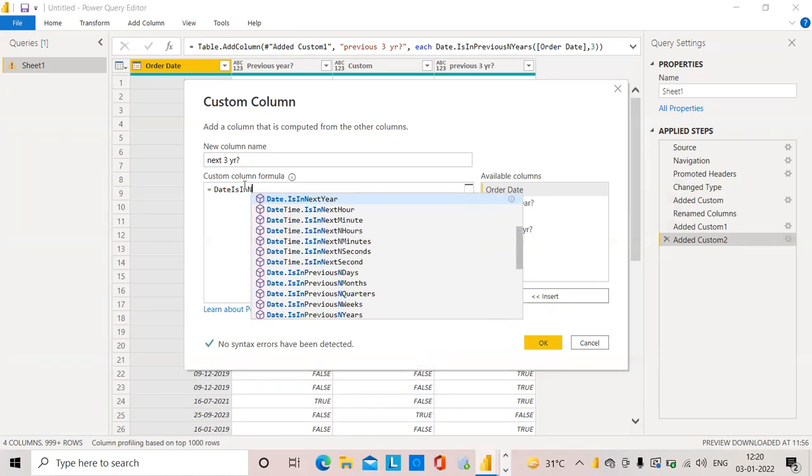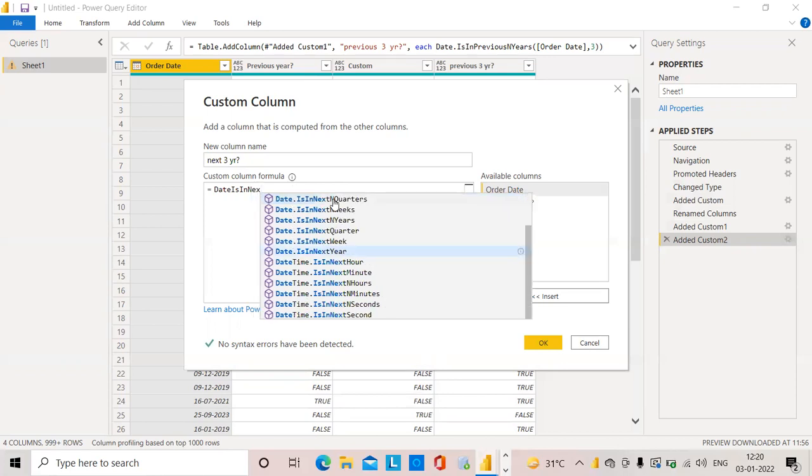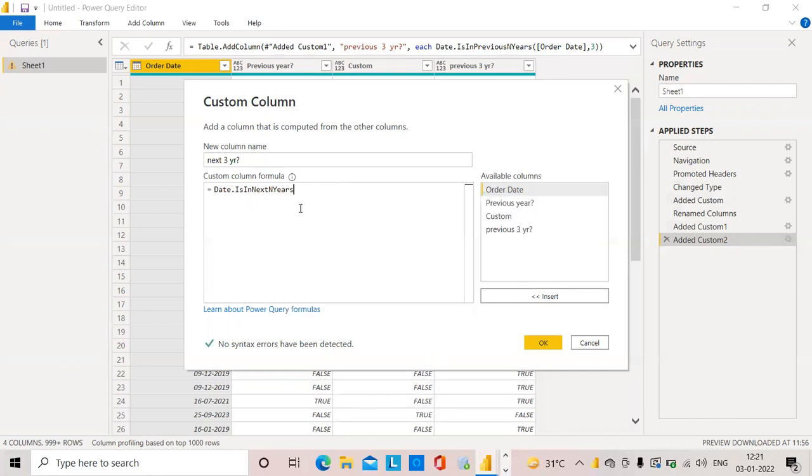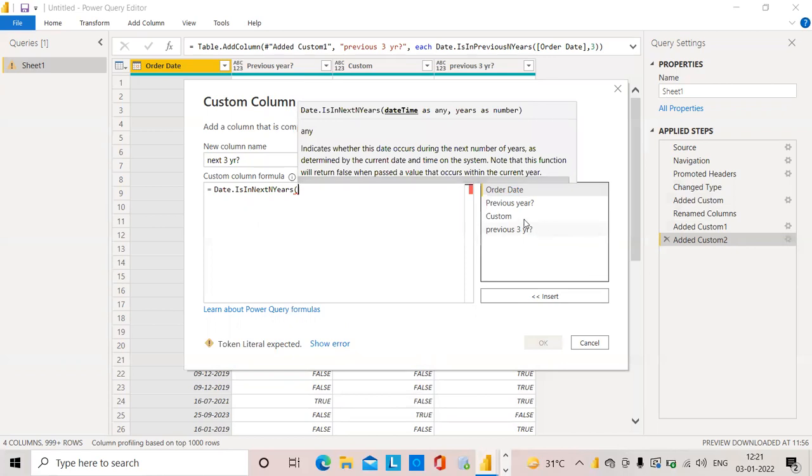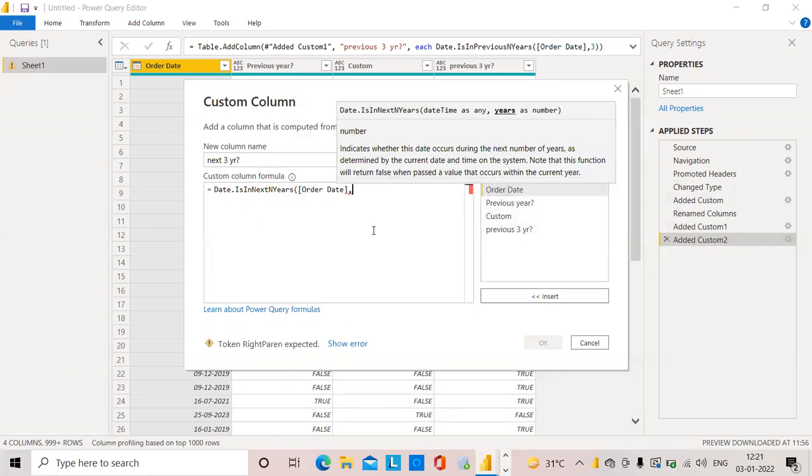I will write n year, then it will be showing all next n years. Next 10 years I could give. So I have to write here order date, comma, years. I will give 3.